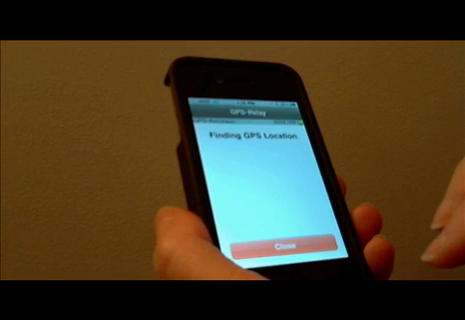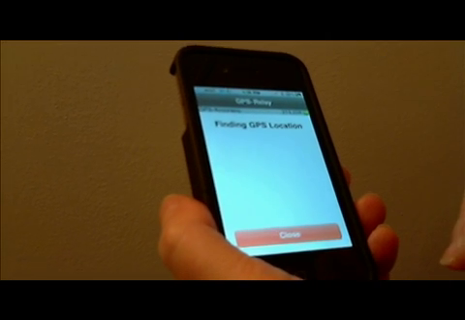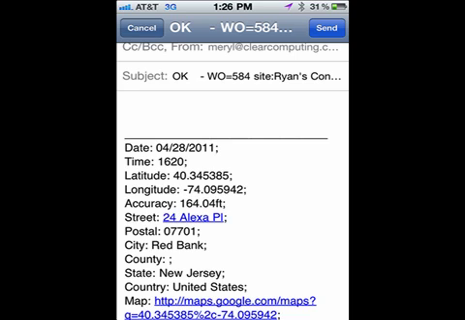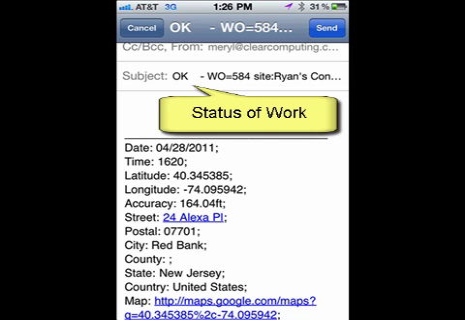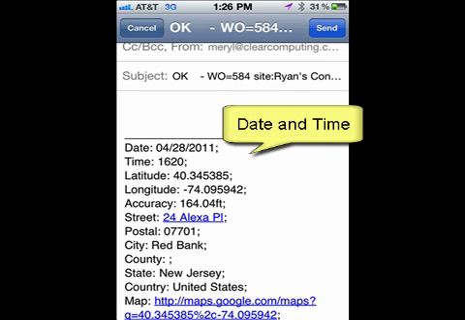The driver now opens the iPhone, clicks OK when the work is completed, and this sends a response back to the office with all the details necessary to know the status of the job. The major components are: the subject is OK, the status was completed successfully, the date and time that the service was done,